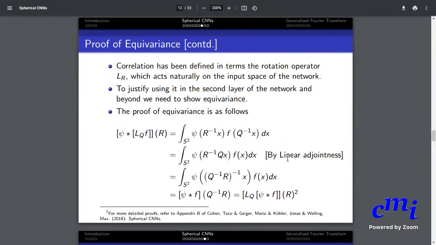So now we would like to highlight the proof of equivariance here. For more detailed proofs, we would refer to the original paper. Correlation has been defined in terms of the rotation operator LR, which acts naturally on the input space of the network, which is spherical images. Now to justify using it in the second layer of the network and beyond, we need to show that